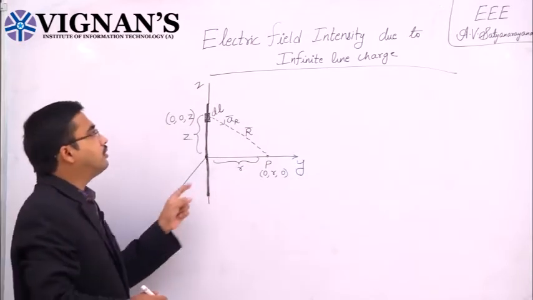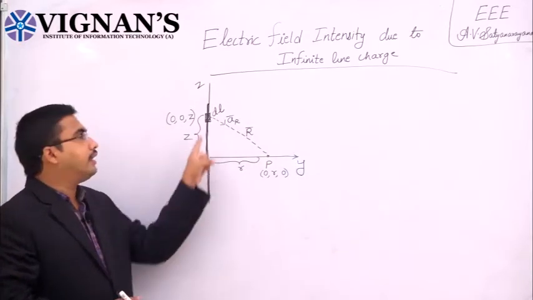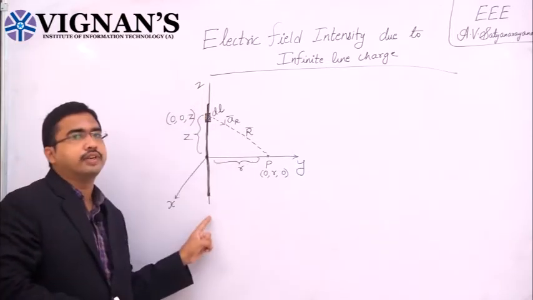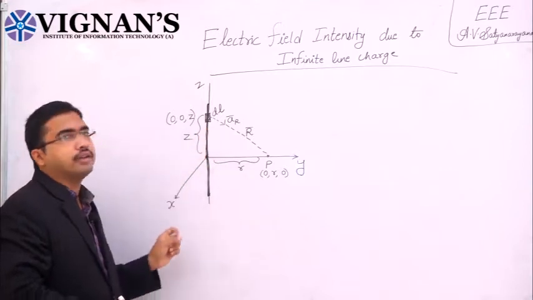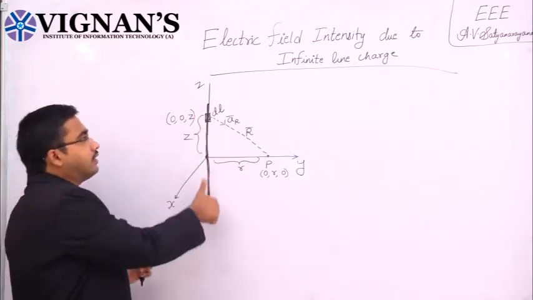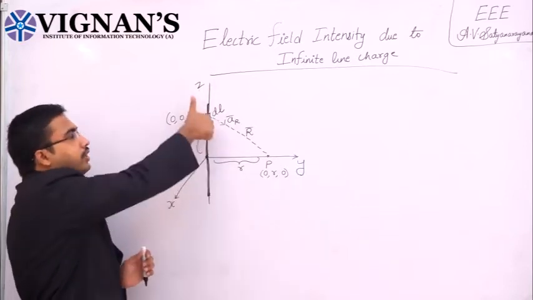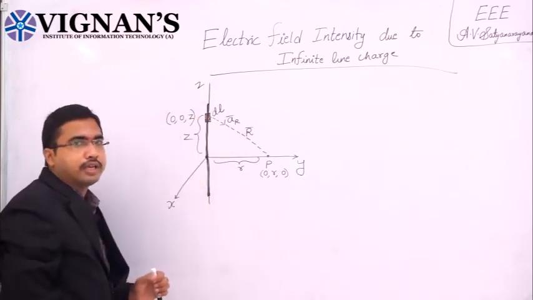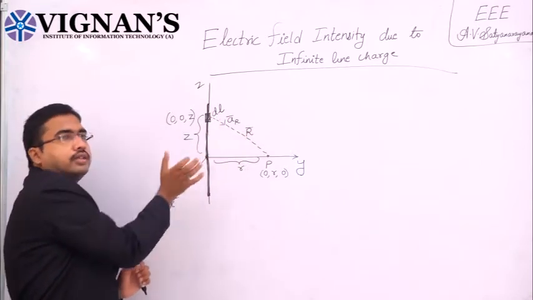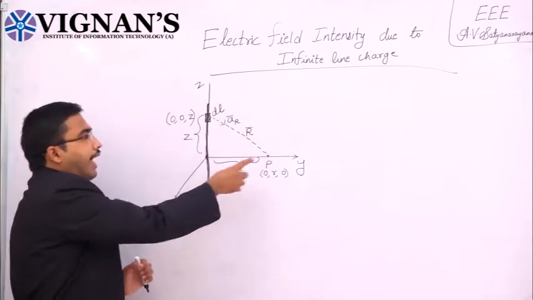Okay. So, we are taking a current carrying conductor along the z axis whose limits are from minus infinity to plus infinity. The current carrying conductor is placed on the z axis. Imagine that the current is flowing upwards, then according to Ampere's right hand thumb rule, the flux lines will be revolving around this conductor in this xy plane.